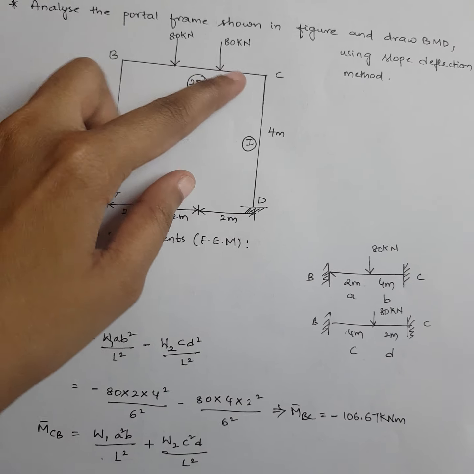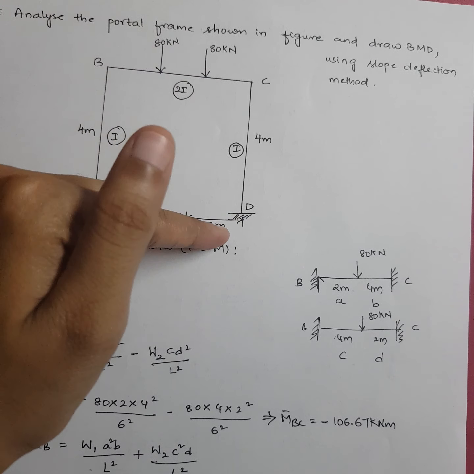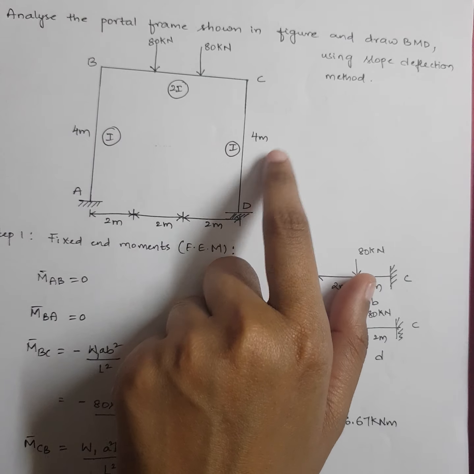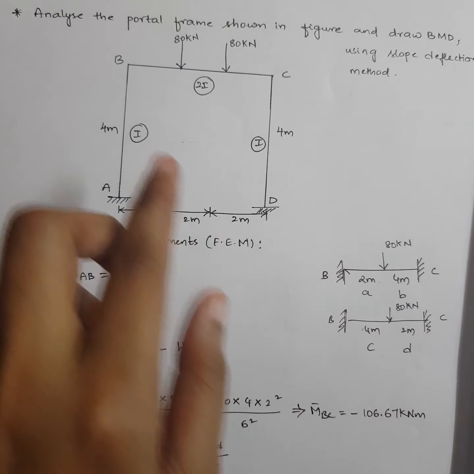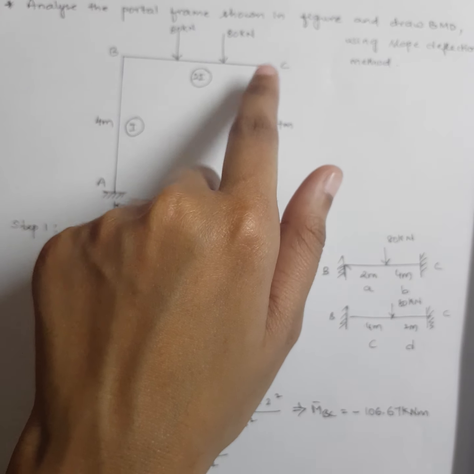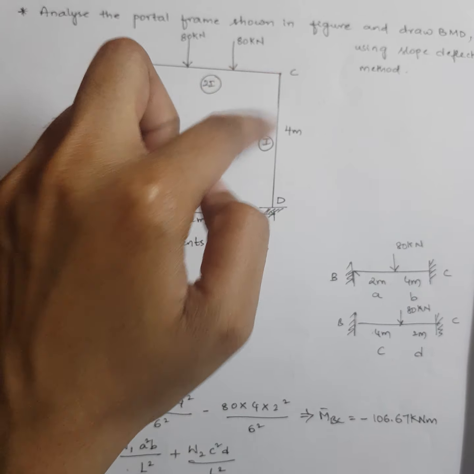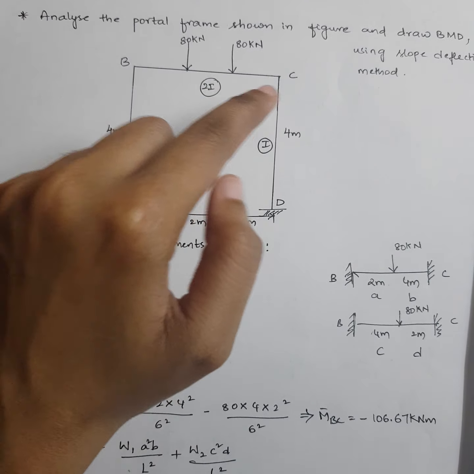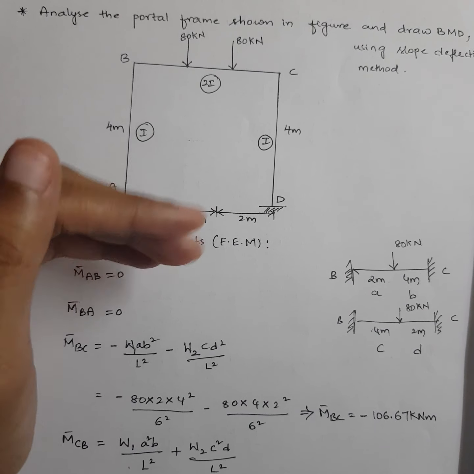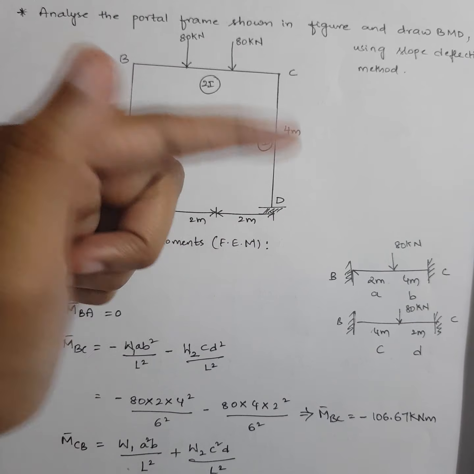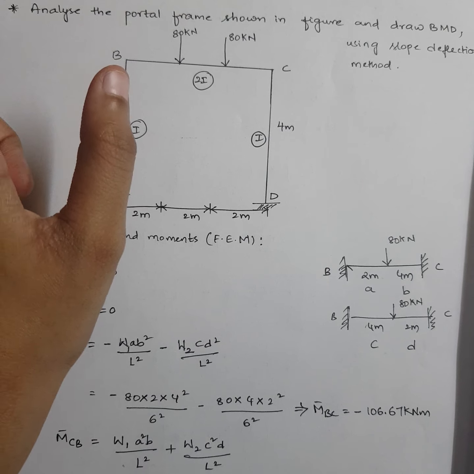Since on CD we do not have any load, we can just take M bar CD and M bar DC to be 0. But suppose there is any load acting here, when you are writing slope deflection equations, always remember, after writing M bar BC and M bar CB, in step 1, when you are doing the column CD, you can write M bar CD first. That's not an issue. You can write M bar CD first or M bar DC first. But you have to be careful with the clockwise and anticlockwise direction.